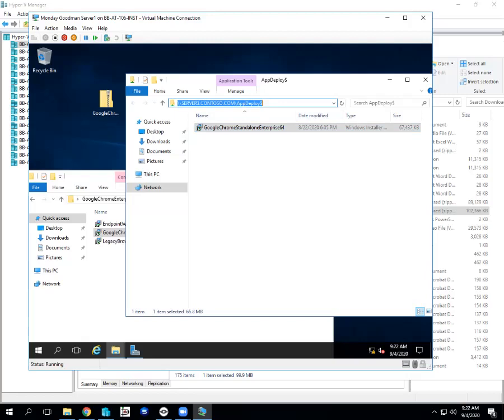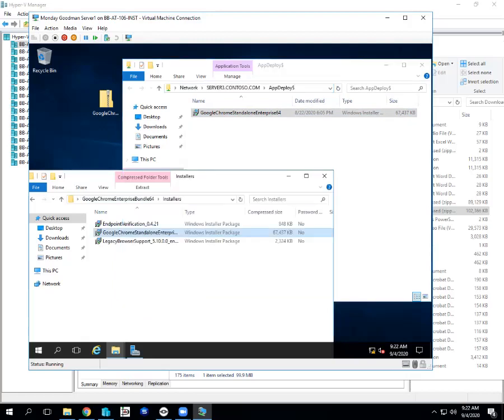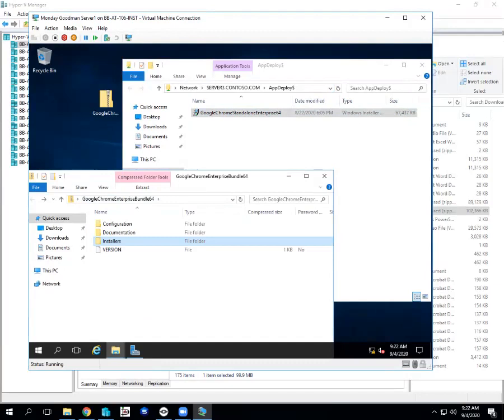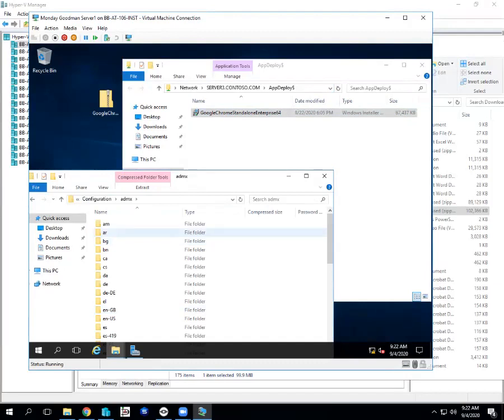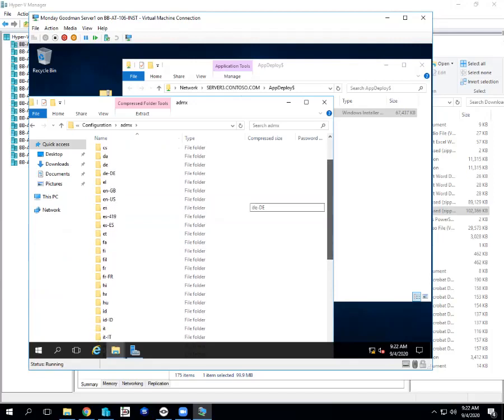I'm going to leave this app deploy window open. I'm also going to leave the Google Chrome open, and I'm going to go back a level. I'm going to look under configuration, and I'm going to find this ADMX folder right here. This is Active Directory something files. So the ADMX file will have an English folder, and it'll also